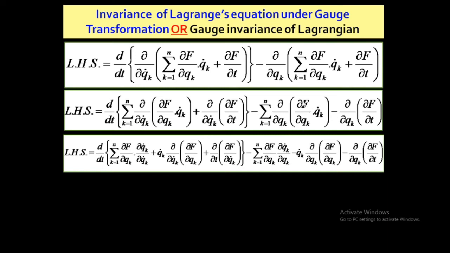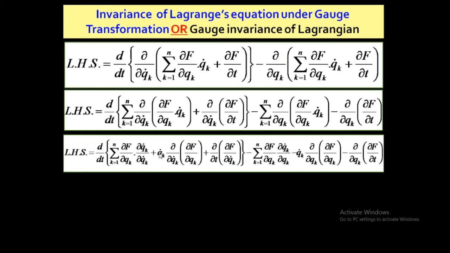Similarly here also I am applying the product rule. This is the first function; I take the first function and the derivative of the second function with respect to qk, del by del qk dot upon del qk, minus. Why does minus come? Because in the derivative rule there is a plus, but the minus is common outside, so minus times plus is minus. Second term qk dot and derivative of the first term, del by del qk of del f by del qk. So we will get this long equation.